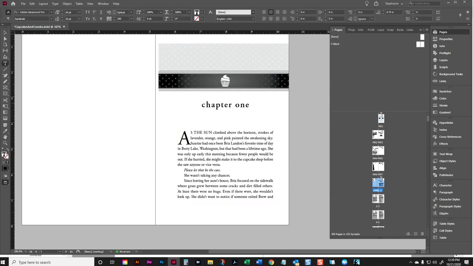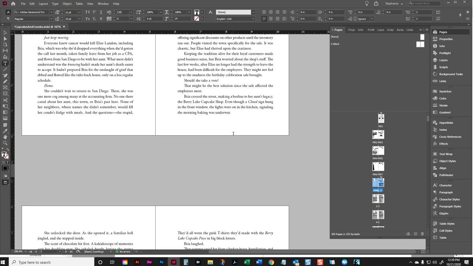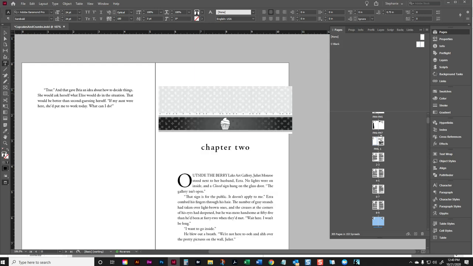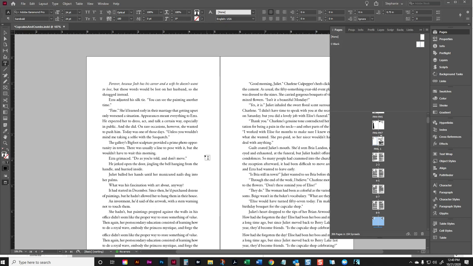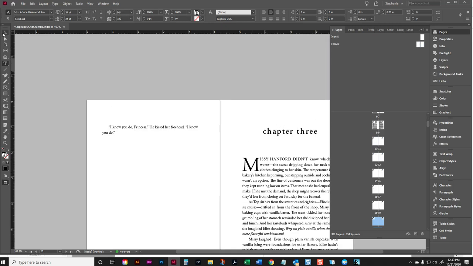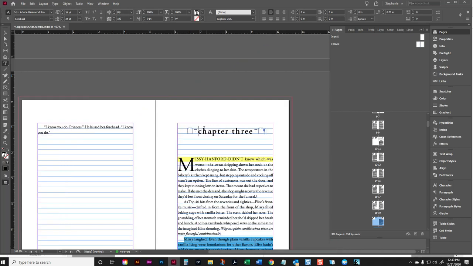And now what I'm going to do is go to every single chapter. I'm just deleting. I have white cupcakes there, you just can't see them. And we're just going to add this banner above the chapter title. Now, how can we automate this? Well, we only have 22 chapters, so it really wouldn't take that long to manually do it, but we can definitely automate this by,